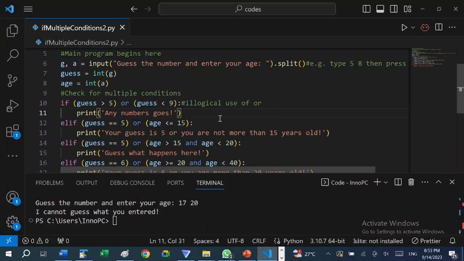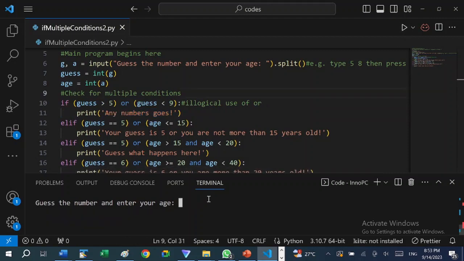So we see the code in Python. Now if we keep running this code in Python, no matter what we enter, this is the only thing that will keep printing out, because this statement is illogical, like we said before. If I type 5, or let's say I type 6, let's try to satisfy the first condition, and I type 8, "any number goes," that's what it says.